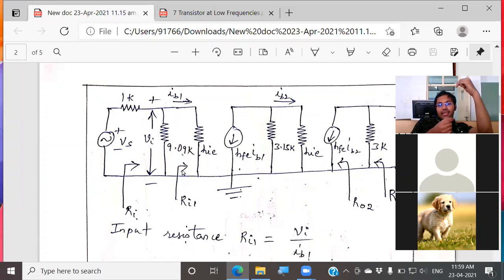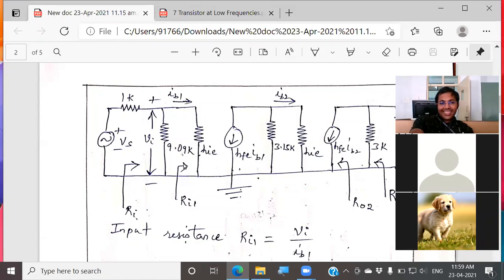See, the resistors are in parallel, right? Resistors in parallel means their top terminals are connected and their bottom terminals are connected. So the voltage across both resistors is equal, and it is equal to Vi. It's okay if I write Vi here or here.